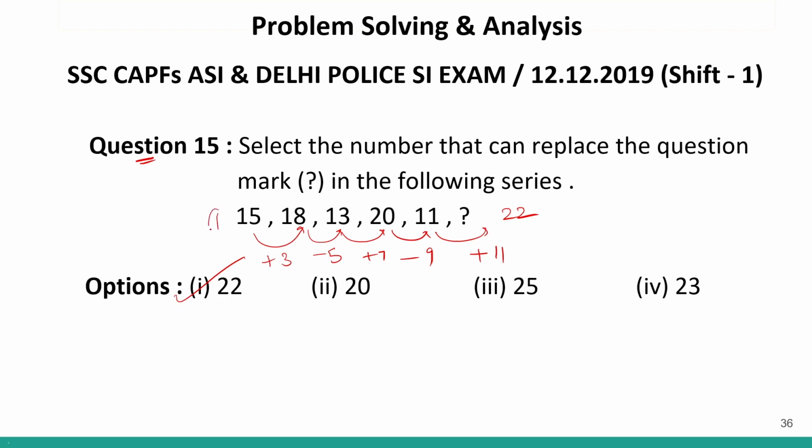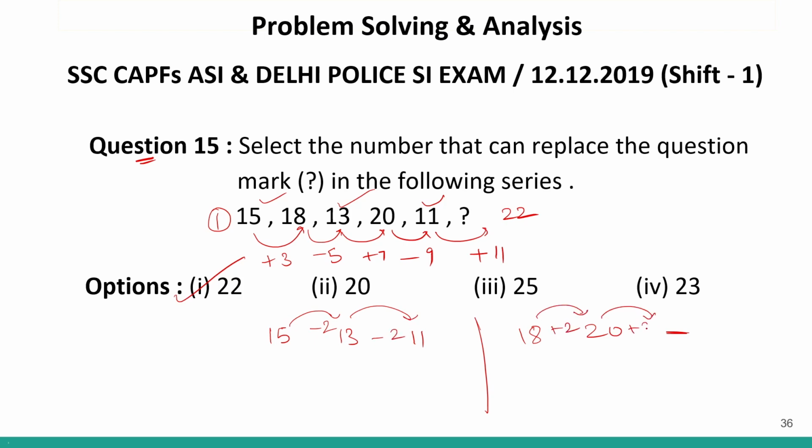That is one way to look at this series. Now let us see, there are two series maybe, 11, 13 and 11. And the other series is maybe 18, 20, and we have to find the next one. So here I can see minus 2, here also minus 2. Here there is plus 2. So the next term will be plus 2, which will give us 22. So same question, but two different ways to get the answer. So answer is option number 1, 22.